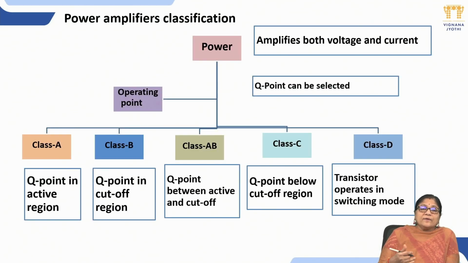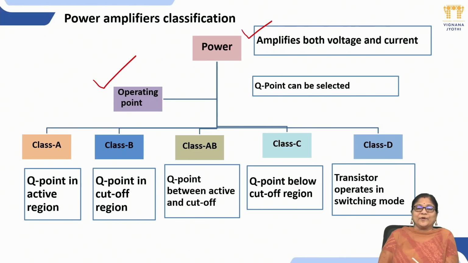Next, after the power amplifier, so we have voltage amplifier and power amplifier. Power amplifier, again we have to classify into various amplifiers. So here, power amplifier, as the definition, it amplifies both voltage and current. Then how will these power amplifiers be divided further into classifications? The point to be noted is based